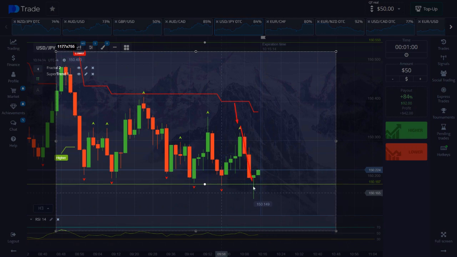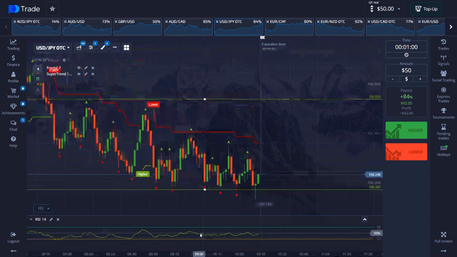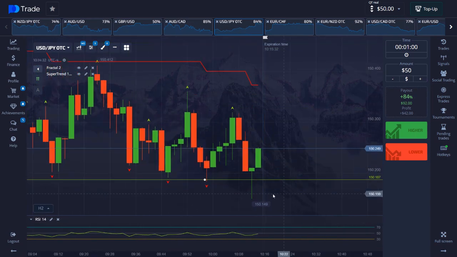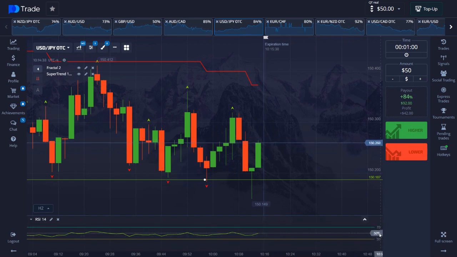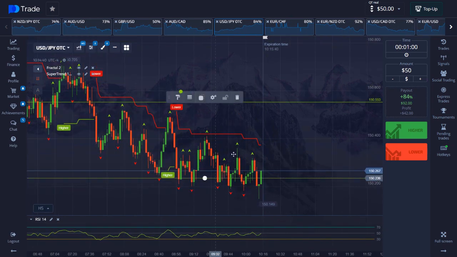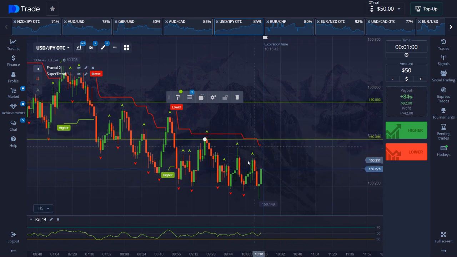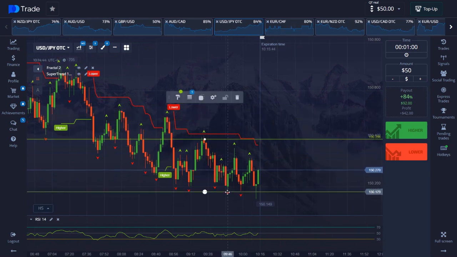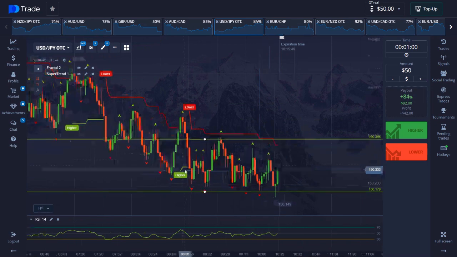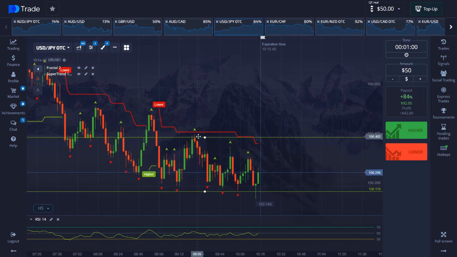Let's go over each of the indicators, starting with the fractal. Let's say a dash is formed on top. This is a signal in the opposite direction, that is, for selling. This is how it usually works. Now a line has formed at the bottom. Let's analyze each of these movements from which we can make money. The dash above is a signal to sell, that is, in the opposite direction, and the dash below is a